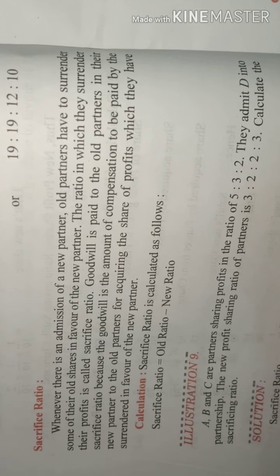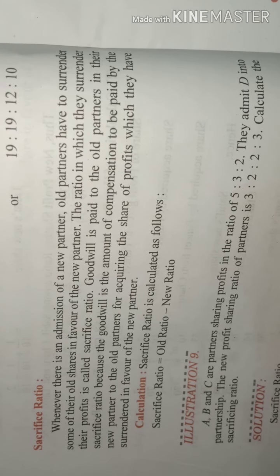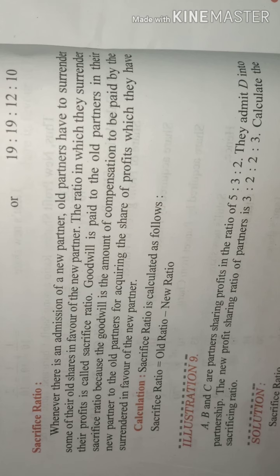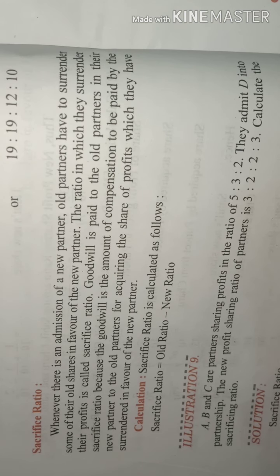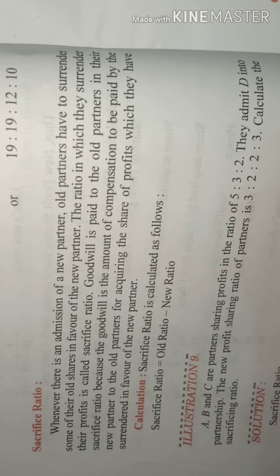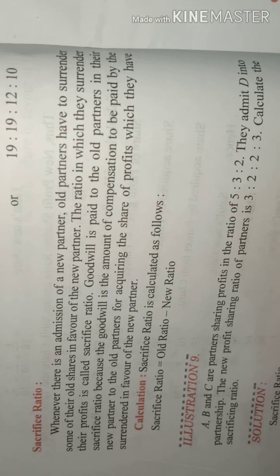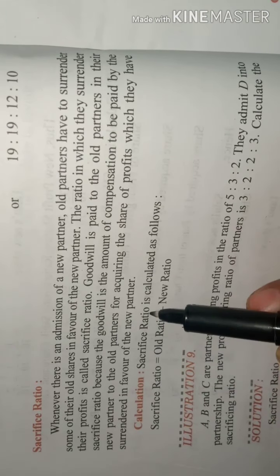Now do you remember, while explaining the beginning part, I explained when the new partner comes, he brings two things. What does he bring? He brings goodwill and his share of capital, right? Now what is goodwill? Goodwill is the amount of compensation which he pays to the old partner. That means this is your goodwill. You have worked out for this. Now this is completely yours. Right? Now he brings one amount. Now in which ratio is that amount to be distributed to the old partner? That ratio is sacrifice ratio. Am I clear?